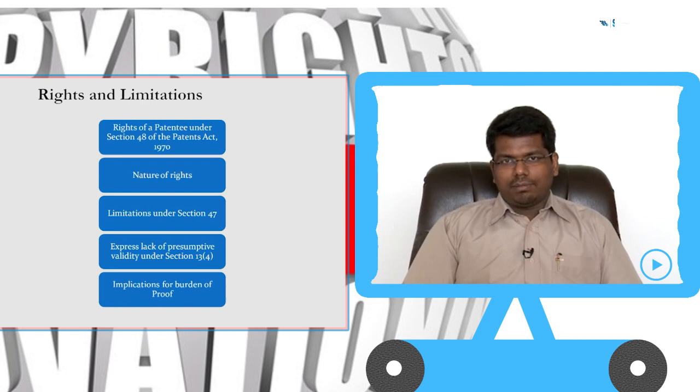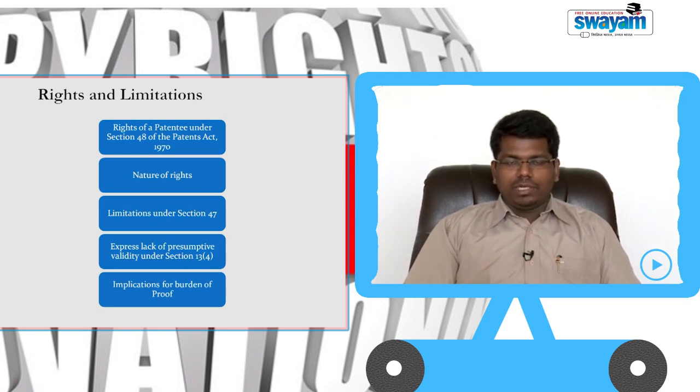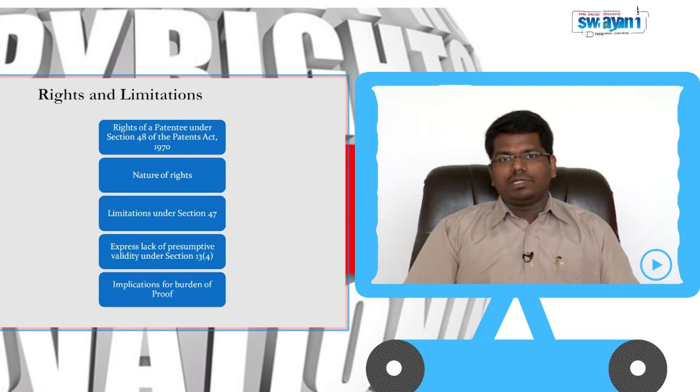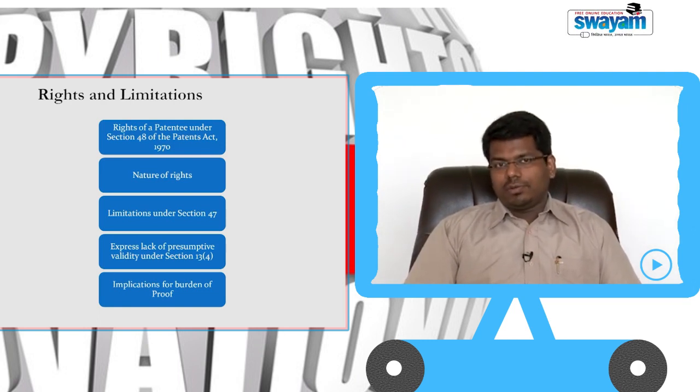Be that as it may, the question remains whether courts are allowed to build such safeguards or checks or balances which appear to be extra statutory when there is an express provision such as section 13(4) which disclaims presumptive validity and which does not seem to provide for these kinds of contingent or conditional recognitions of validity. Now, this is something that an Indian court has not had an opportunity to address so far, but it's hoped that at some point these will be addressed.